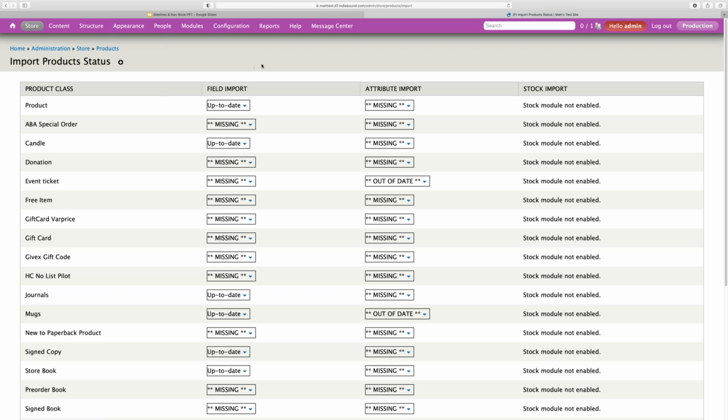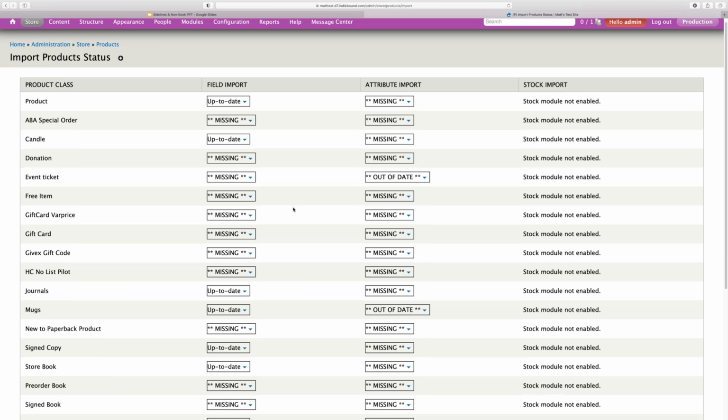For our purposes here today, we're going to focus on this field import column. You'll notice there are also schema tables for attribute import and stock import. So we will probably be changing this interface in the future to de-emphasize these. We'll discuss the attribute import a bit here at the end of the webinar and how it works with LSI. And this stock import is for the previous stock feature.